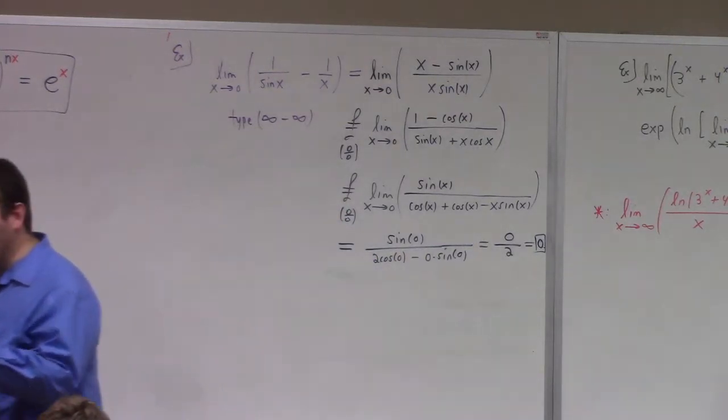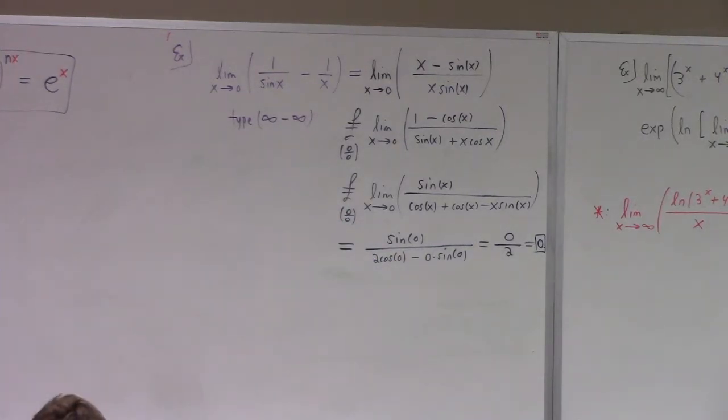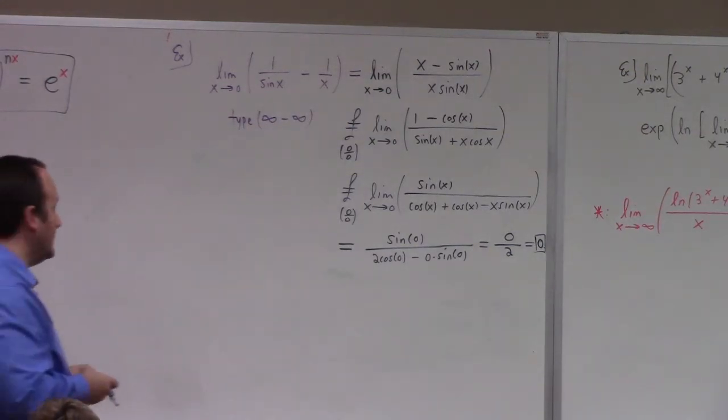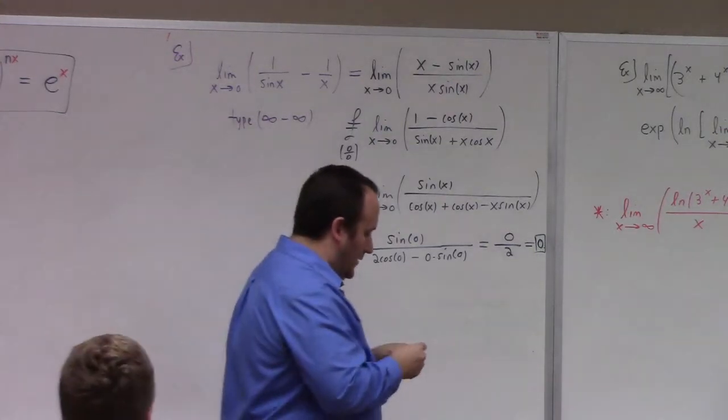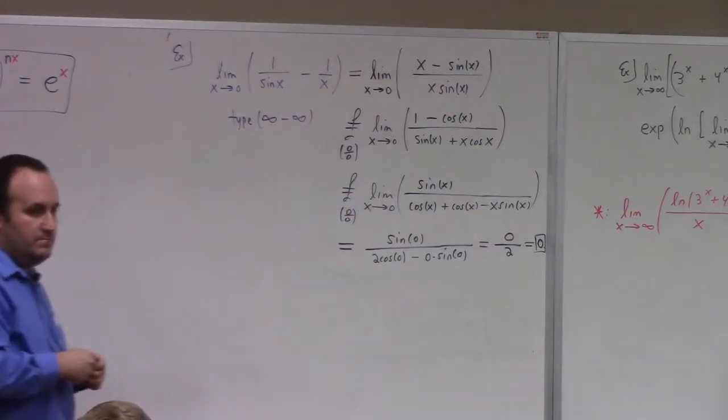Don't get the wrong idea, though. Infinity minus infinity is not always 0. Just a quirk of this example. Just like 1 to the infinity is not always 1, it could be anything, any positive quantity you like. Right? For this example. We can subtract infinity from